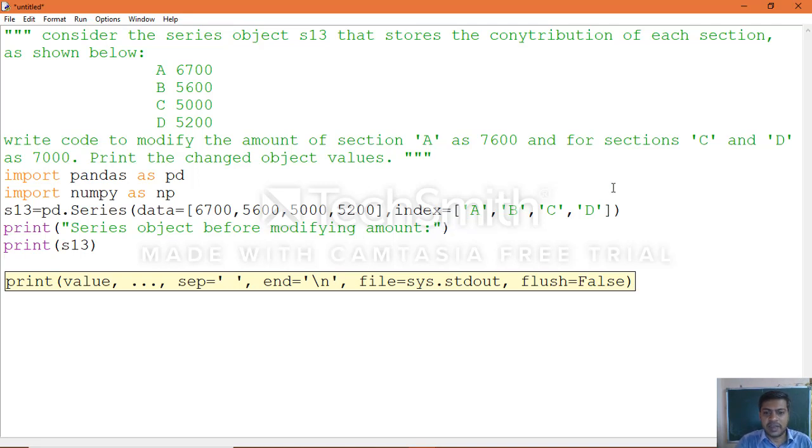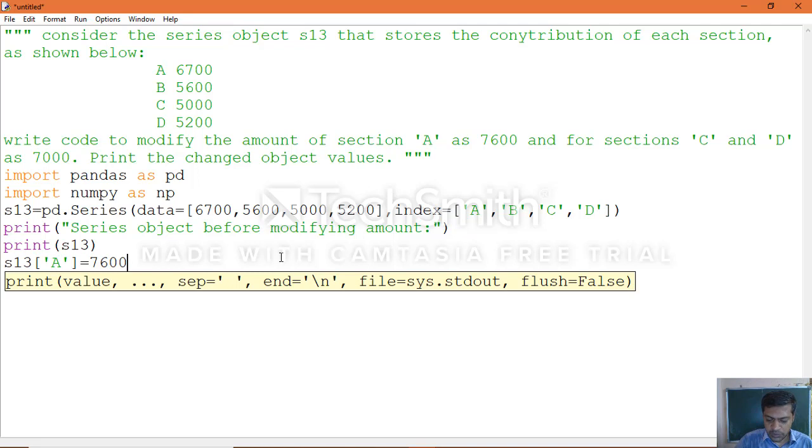Section A, which you want to change to 7600. Now we know how to modify an existing data value with the help of the index. So S13 of A, the index label is A, equal to 7600.